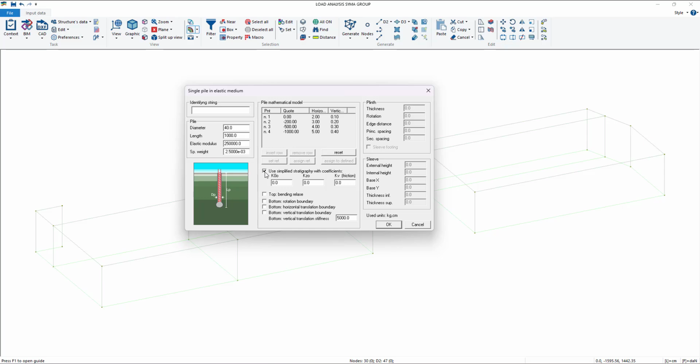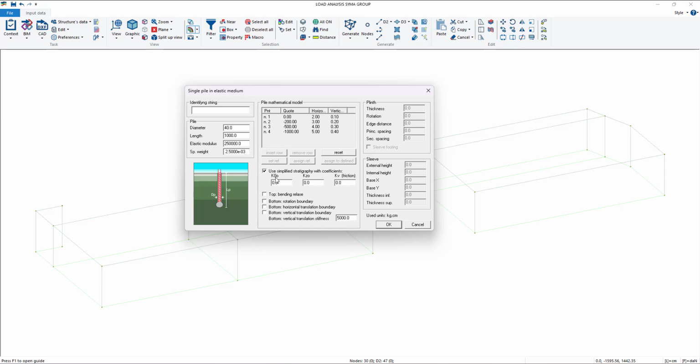This button here is used as an alternative to this stratigraphy to create a linear, it's just a linear increase or decrease of the Winkler value for horizontal and vertical Winkler.